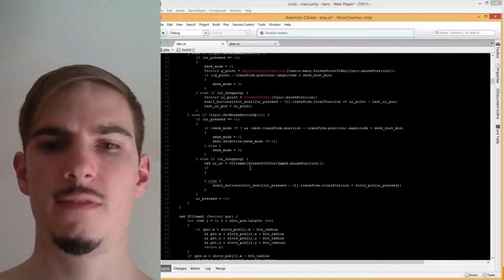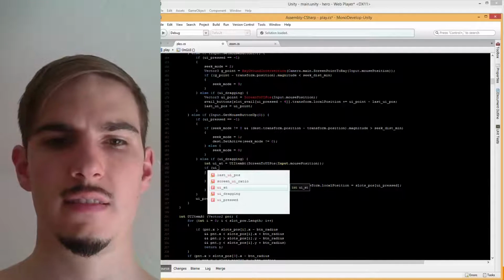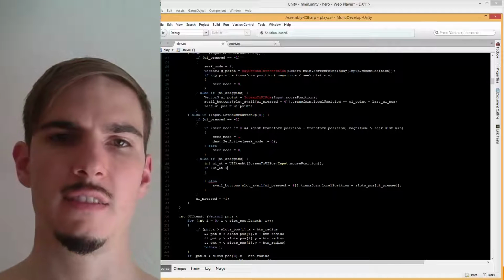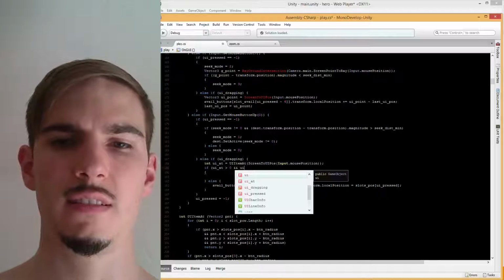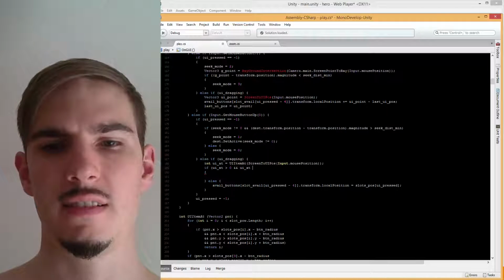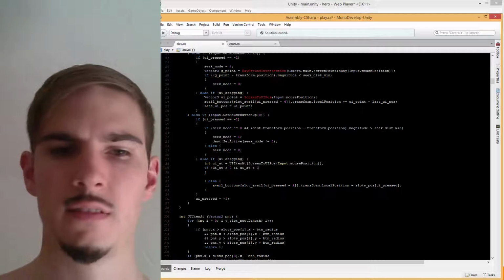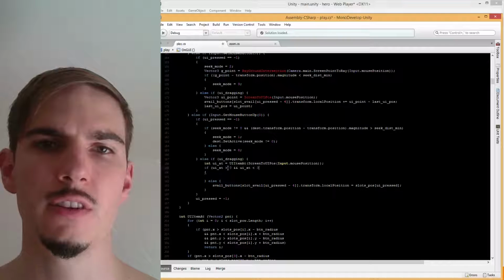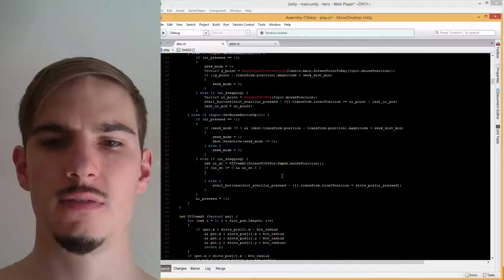And then if UI at is greater than 0 and UI at is less than 3, or no, greater than or equal to 0, less than or equal to 2,